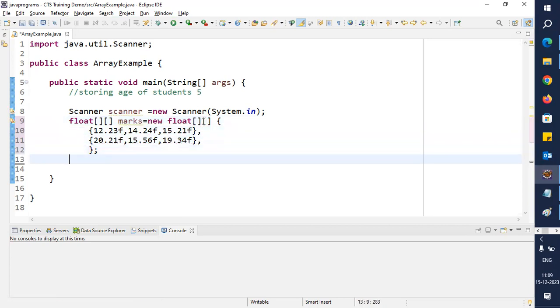Now see, all the errors are gone. Okay, so here if you want to print the values, there are two ways. One is the normal for loop, and one more is the enhanced for loop. Let us quickly see both of them. So, normal for loop: int i = 0 and i is less than the row size